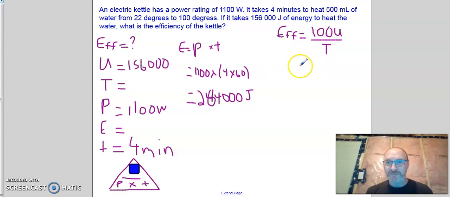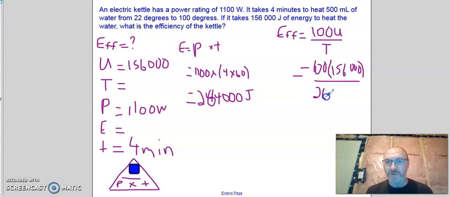So we're asked to find the efficiency. So now we just have to substitute it in. So 100 times the useful energy, which we're told is 156,000 because that's what it actually takes to heat that amount of water. And we divide that by our answer from the power formula, 264,000, which is the amount of electrical energy that gets used. And then when we plug all that into our calculator,